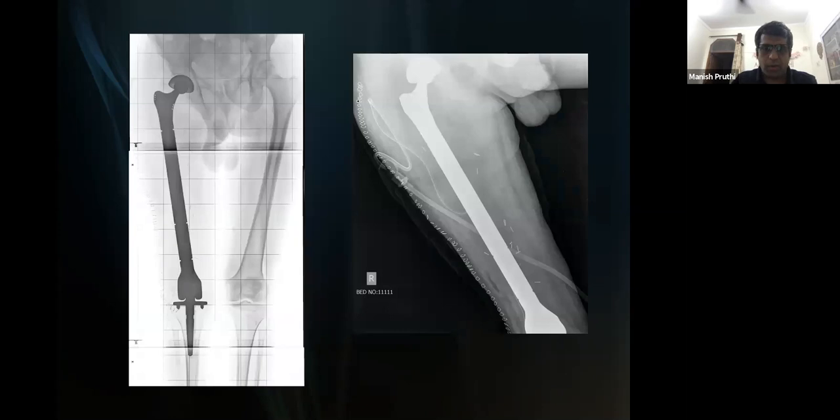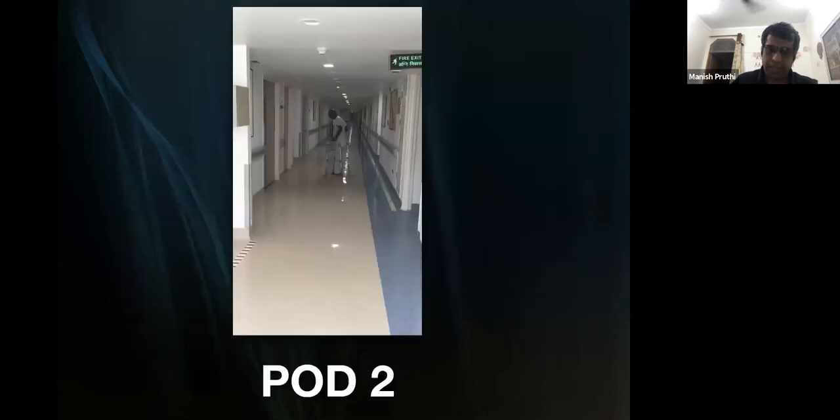So similar to a proximal femur, as you can see, there's a ball now which is in the acetabular cup and which is sutured to the acetabular labrum using a Prolene mesh and stabilized there. So the patient cannot do a hip flexion more than 60 degrees. We have to keep them in an abduction pillow, but they can start walking from day 1 or day 2, depending upon their pain and the hemodynamic stability.